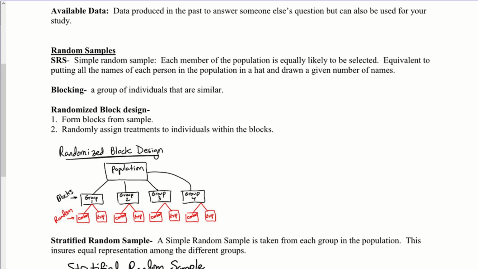And so that's really what happens, is that I can take that same data set, use it for something completely different, and be perfectly correct. All right? Multiple right answers with the same data set. It all depends on what you're looking for. So available data can be a good thing, and also it could be a controversial thing, because if you find some study out there, and the big